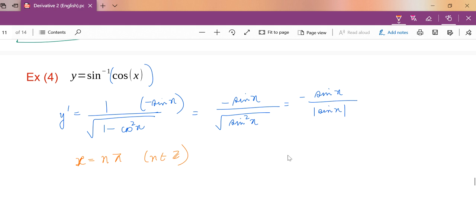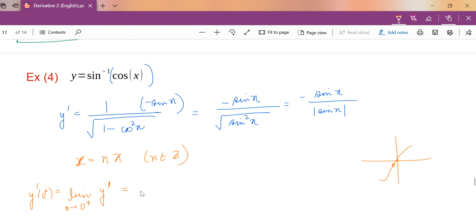Now the function is not defined, but does the limit exist or not at that particular point? Let's check with any point. Let's say I want to check at 0. What happens? So I want to find the limit as x goes to 0 from the positive side. What is y prime? In fact, I can just write y prime at 0 plus, whichever way I want.